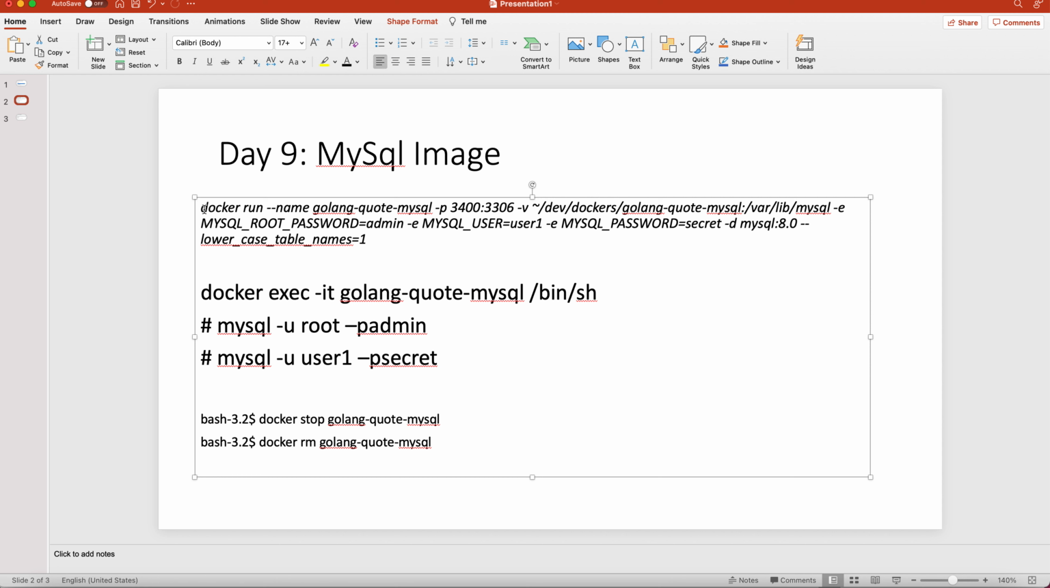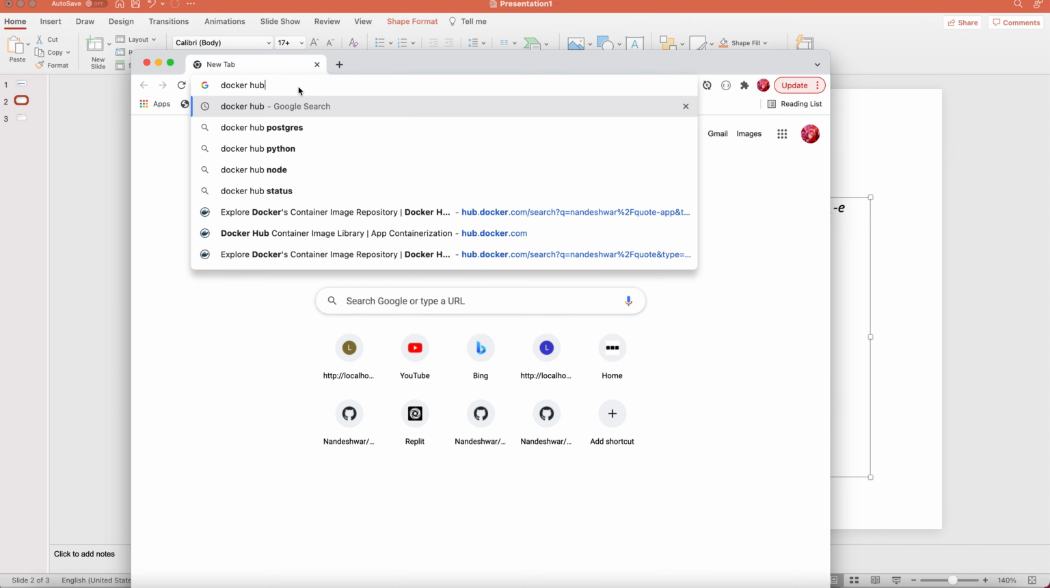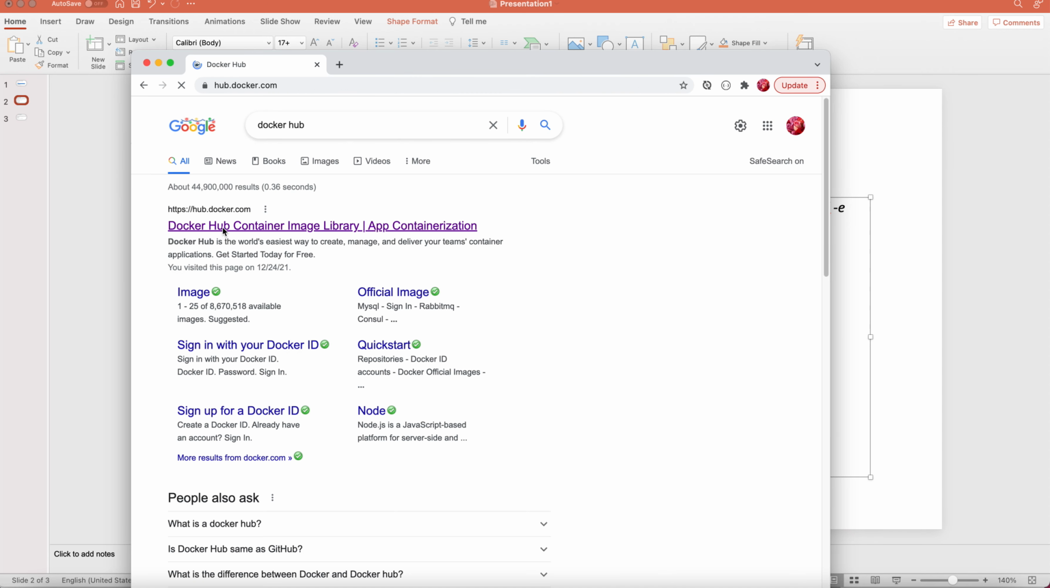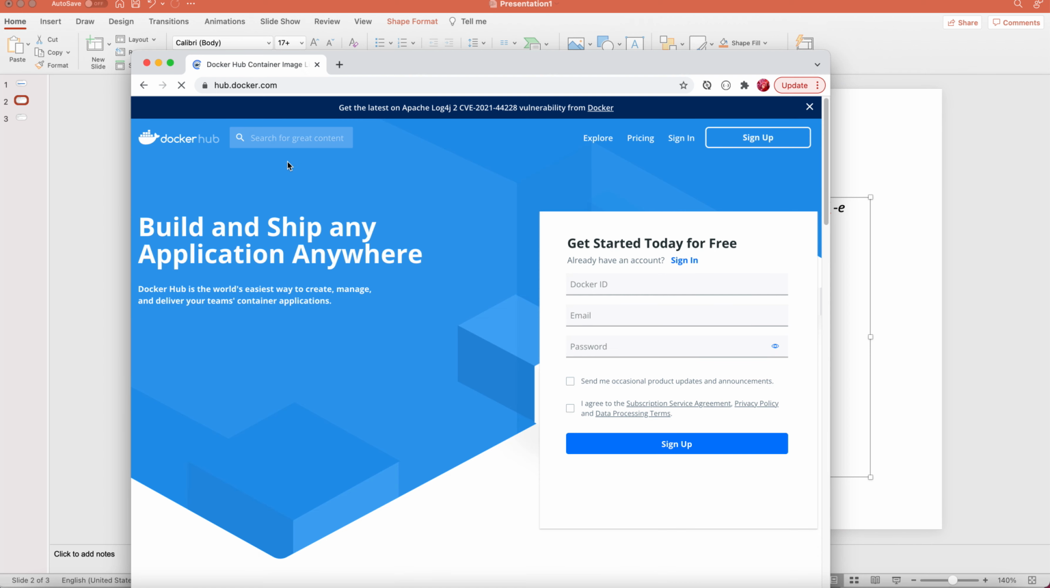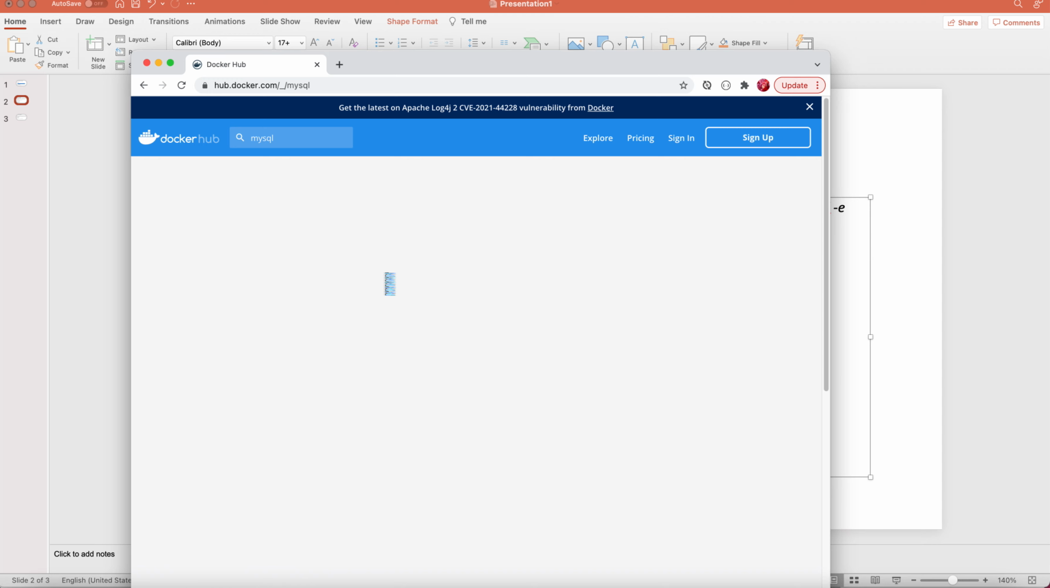Now you'll be wondering how to get these big lines here. I'll tell you about this. First, just notice here I have used MySQL 8.0. So first, try to find out how to get this information, whether it's MySQL 8.0 or something else. What I do is go to Docker Hub, and then we can search for what we need. This time, let's say I need MySQL, so I'll just search here for MySQL, and we'll see the MySQL image. Click there,